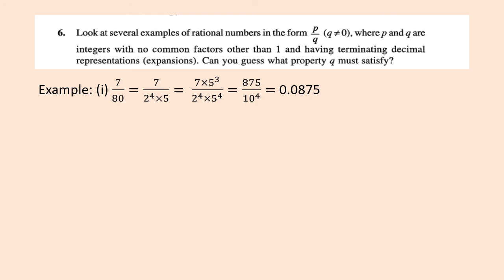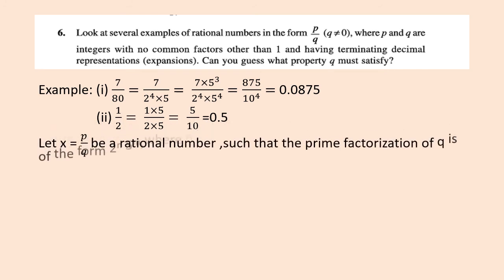Since the power of 10 is 4, the decimal expansion of the given number will have 4 decimal places, that is 0.0875. In the same way, take another example, 1 upon 2. If you want to convert it into its decimal form, you have to multiply by 5 to make 10 in the denominator, so multiply in the numerator too. So you are getting 5 upon 10. Since 10 has only one zero, the decimal expansion will have only one decimal place, that is 0.5. That is, 1 by 2 equals 0.5.